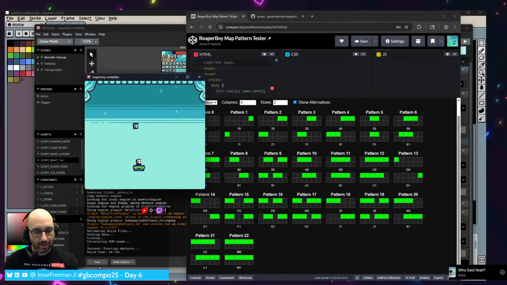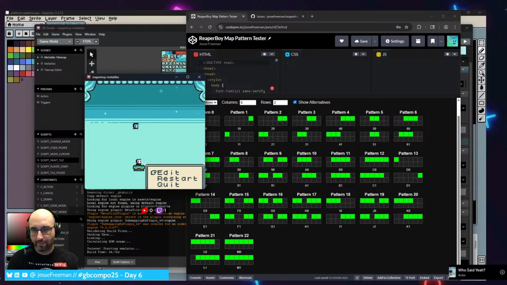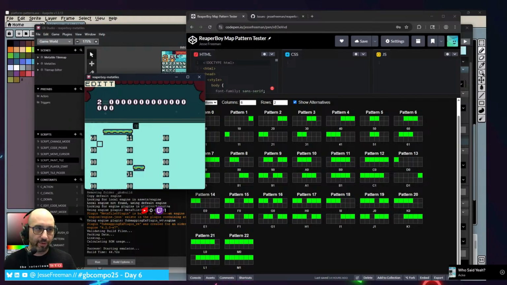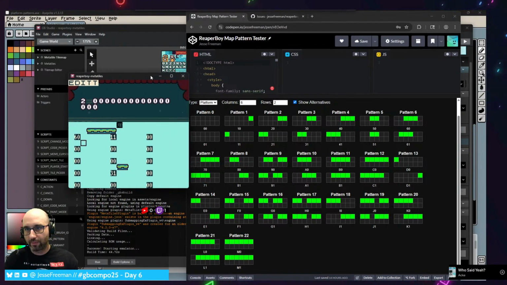So as you can see, as I come into here and I hit the start menu, I now go into the edit mode. And as I do this, I will get a hex value. The way the hex value works is that the first character, which in this case is 6, is the pattern ID, and then the other number, which is a 0, and it could be 0 through 3, is the flag on how to flip that pattern when I want to recreate it. So if we come back over to this here,